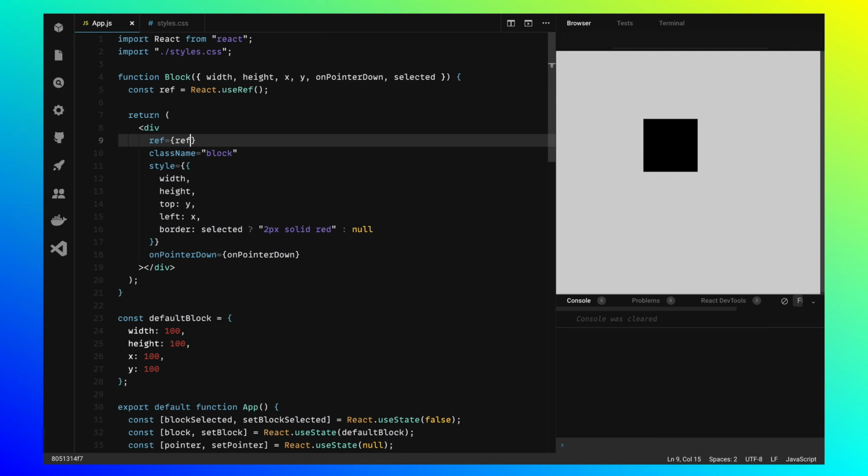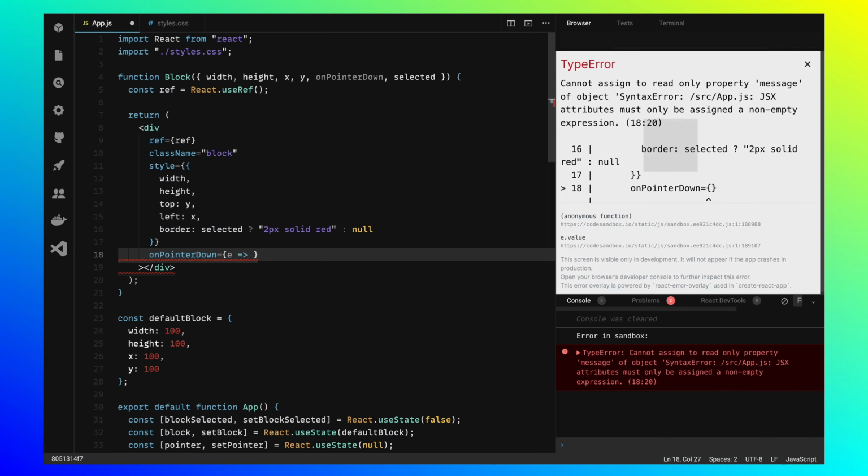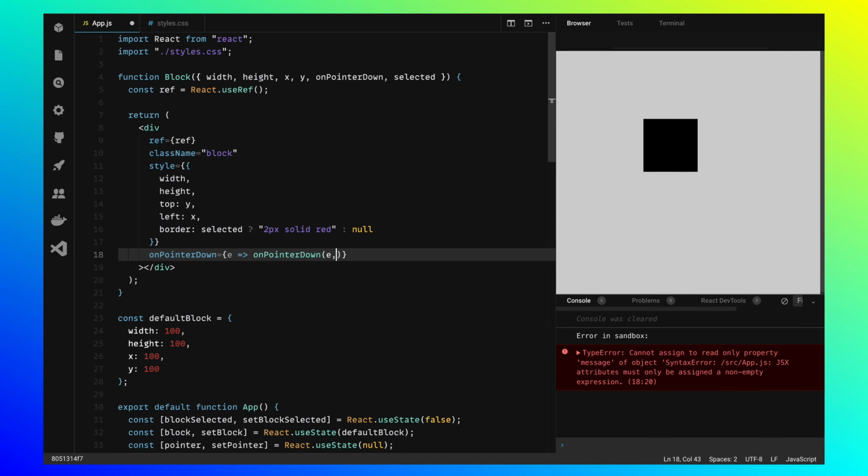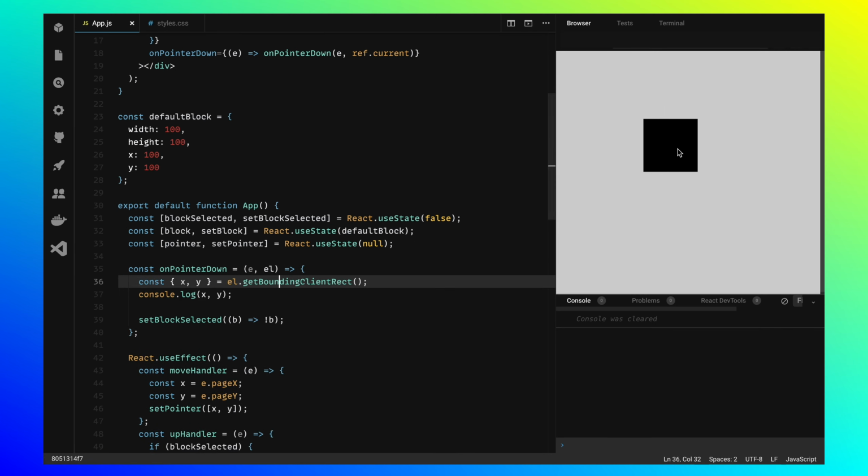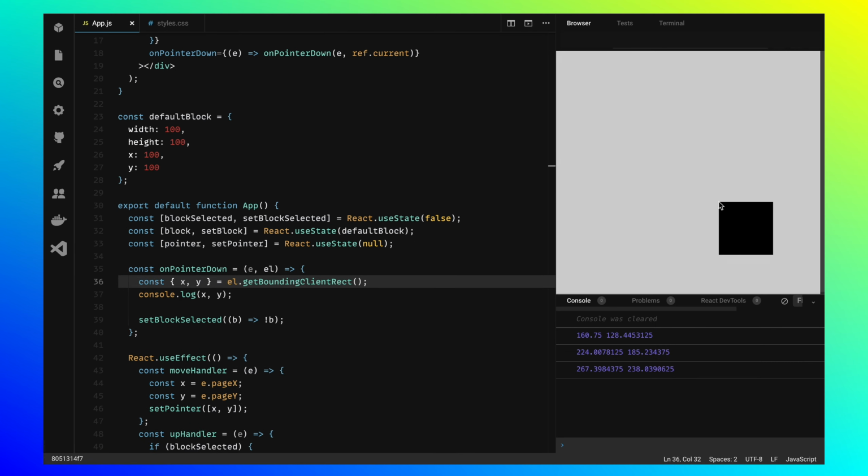If it were another element inside of the block directly under the mouse, it's going to be the target element, not the block itself, although the pointer down event was triggered on the block as well.